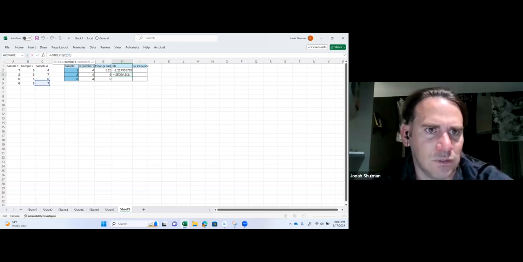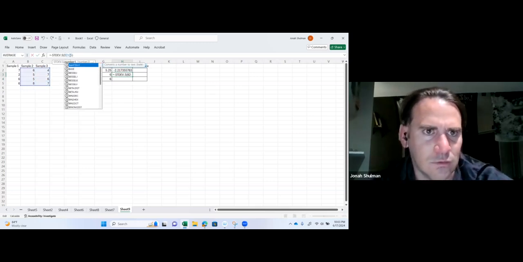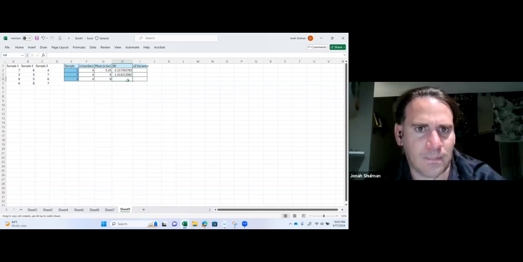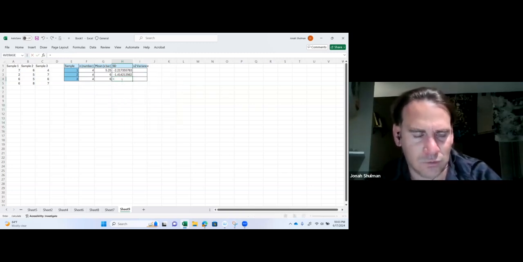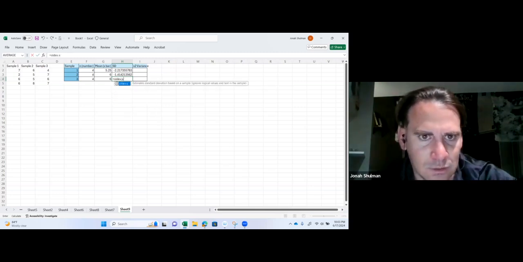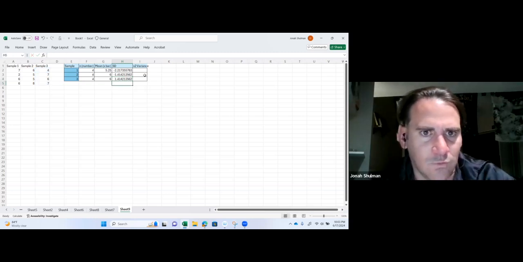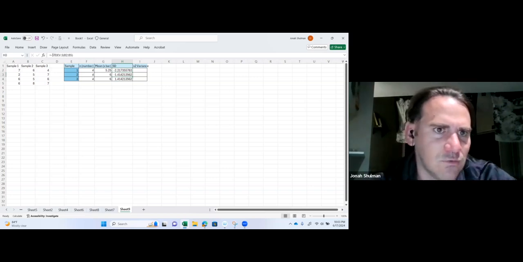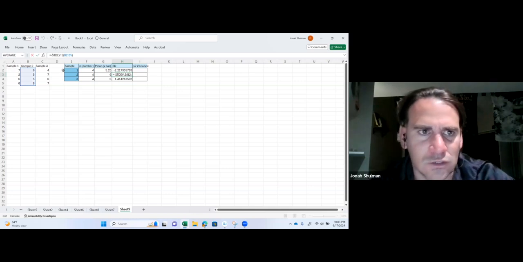So this is my B2 to B5. I'm just going to go equals STDEV.S and not be fancy about it. C2 to C5. Perfect. So we've got them all. Standard deviation A2 to A5, B2 to B5, C2 to C5. You just looked at, oh, I have a minus in the front. That's not good. Standard deviation should